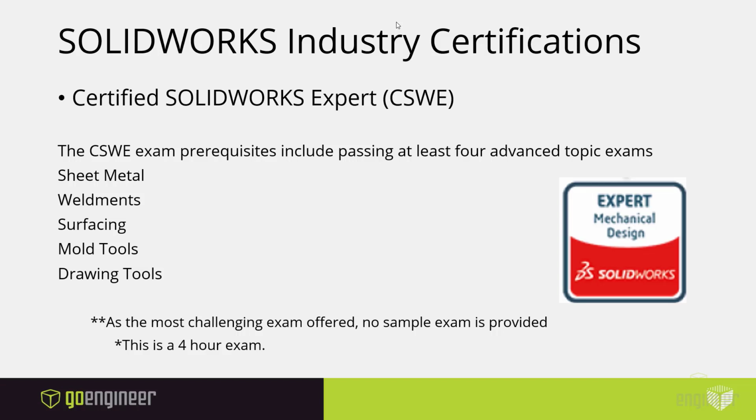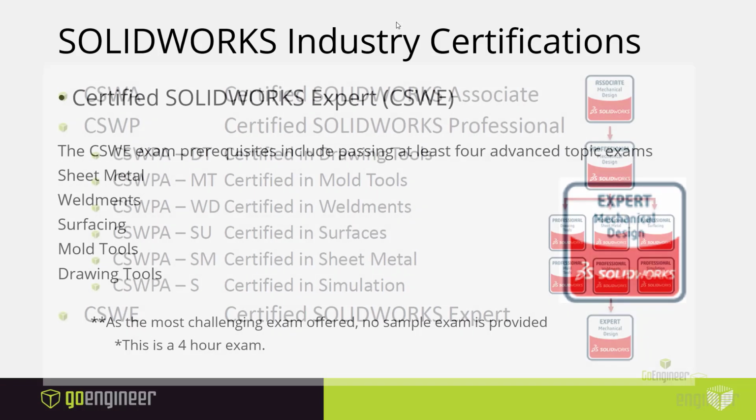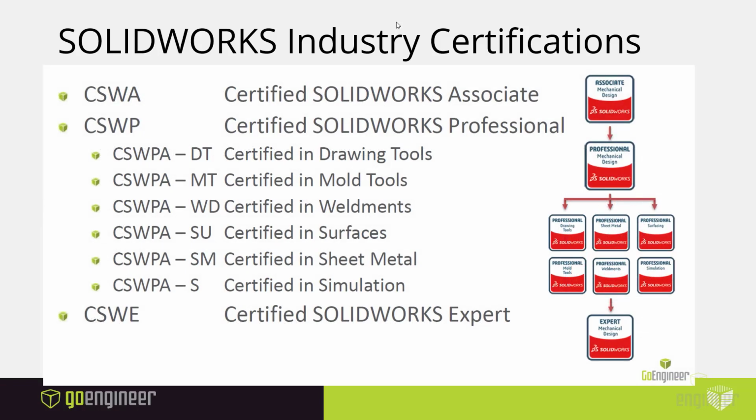And I say this because you have a choice here. And it's a choice because not everybody needs every part of SOLIDWORKS. So generally you can find enough of a combination here of things between sheet metal, generally that industry, peripherals and weldments. You're probably going to do some drawing tools for sure, and maybe surfacing or molds. You have a choice on each of those. But again, you can kind of choose your own adventure on the 4 that really get you to the next level as a prerequisite. So that's the important part of CSWE. And the path is really very clear when you look at them all together. You don't have to take the associate.